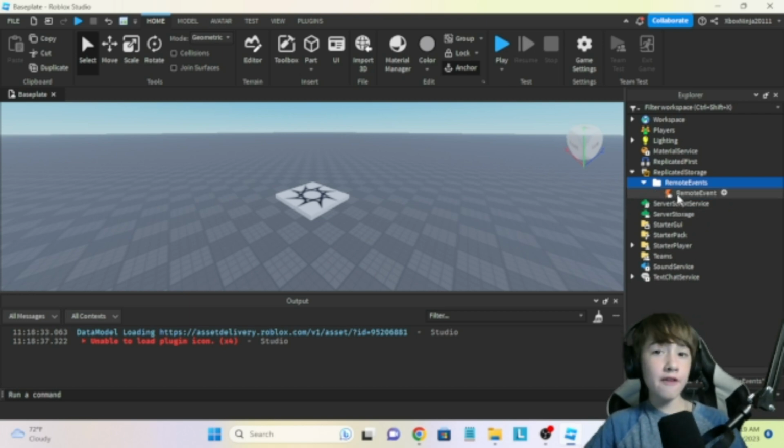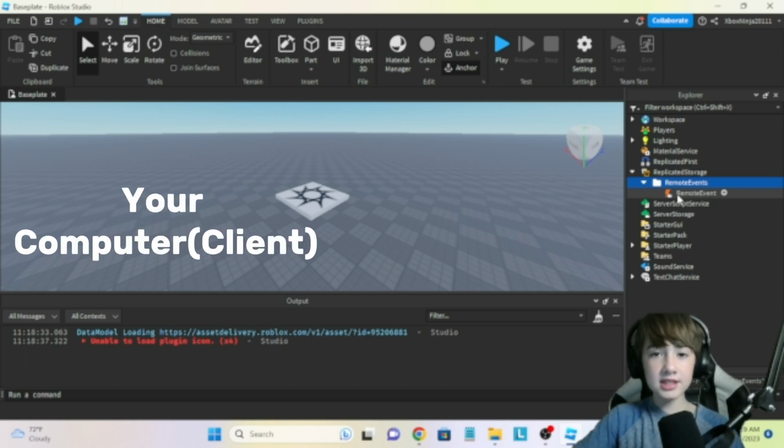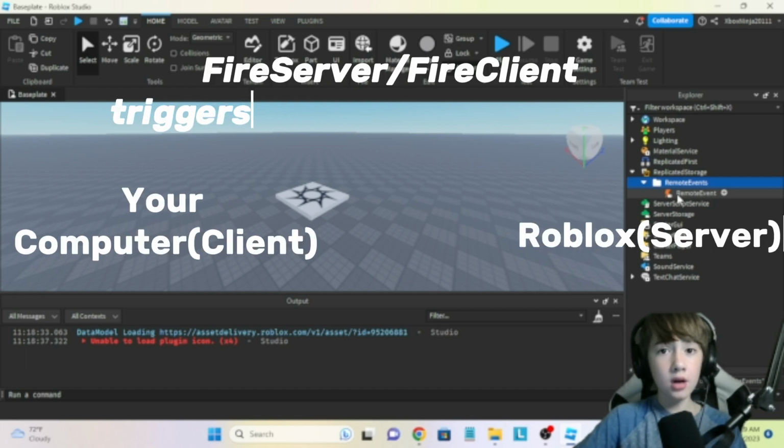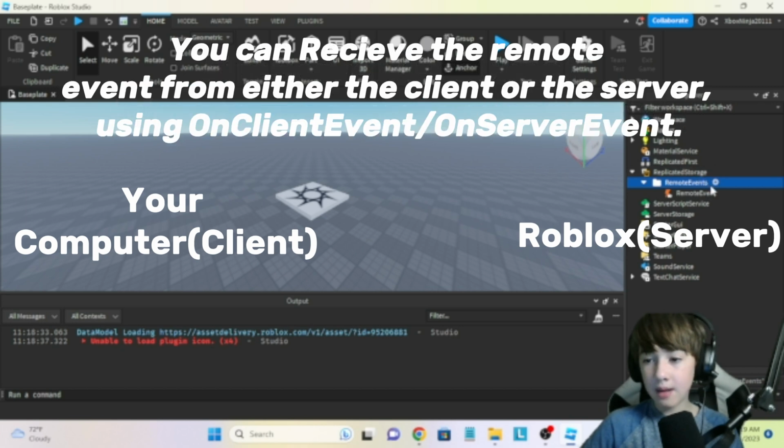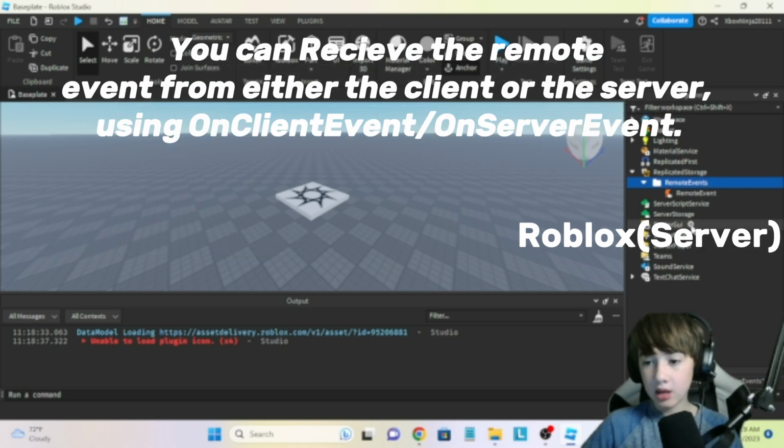What a remote event is, it's a function where you can send it from the client to the server or the server to the client using a fire server or a fire client. Now this may not make that much sense to you, but let's see, we can add